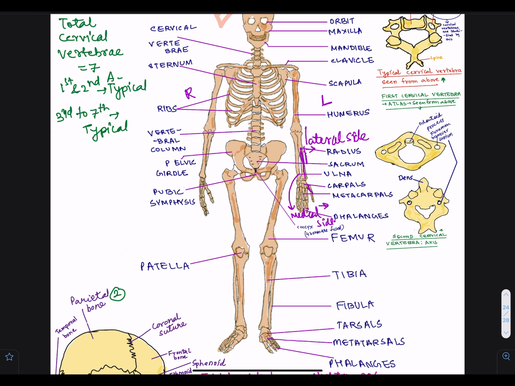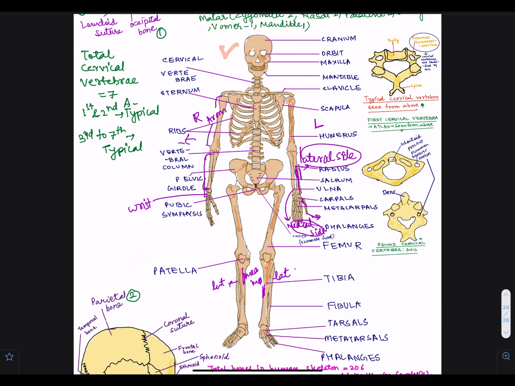For the arm, this is the arm, this part from here to here. This is the forearm from here to here. This is the wrist. So if the thumb is facing this side, then the outer side is the lateral side and the inner side is the medial side. Same, this is the lateral side of the lower limb, this is the medial side of this lower limb. This is the medial side, this is the lateral side. This is how we start describing the anatomical position of a human skeleton.